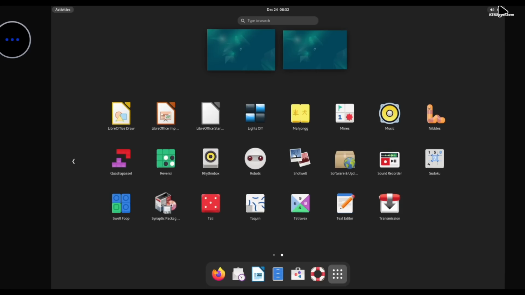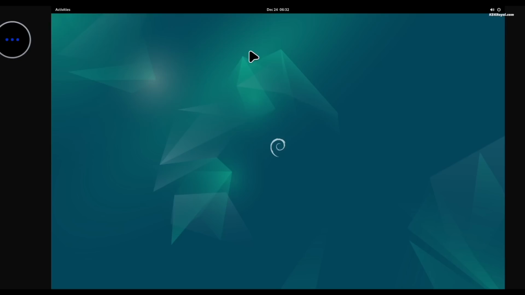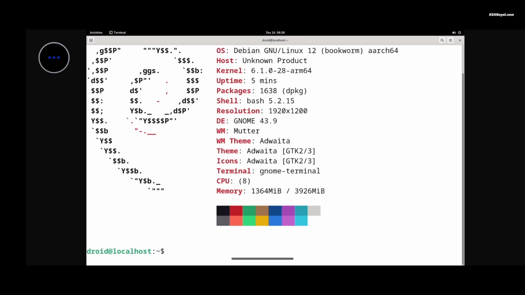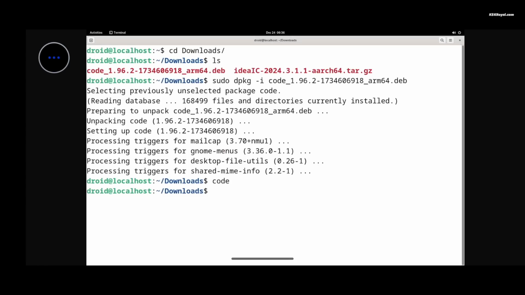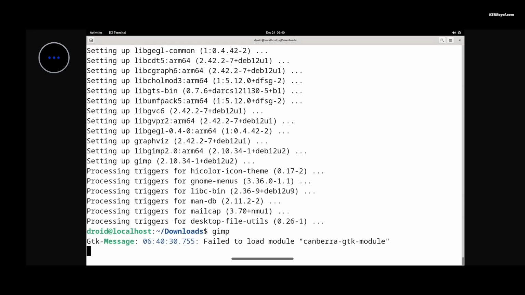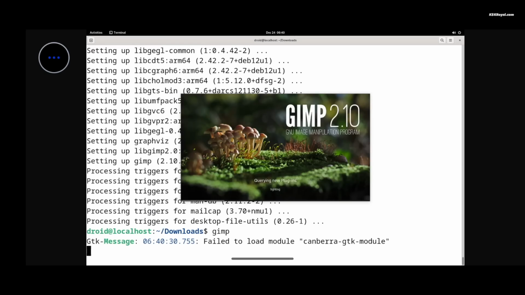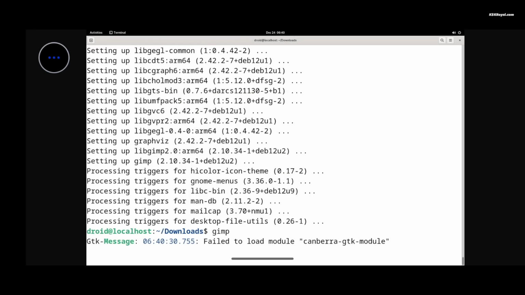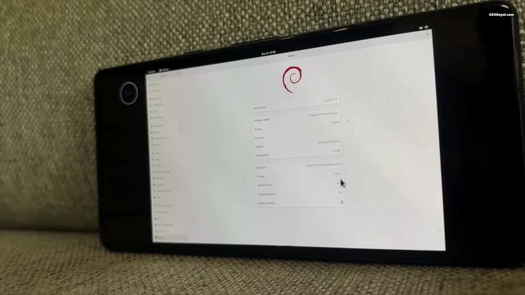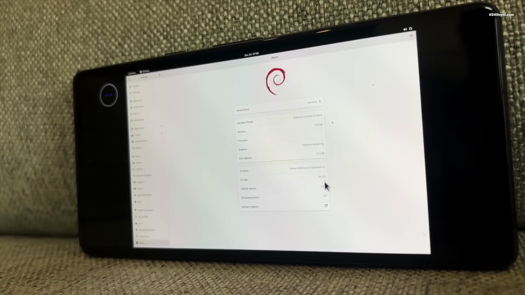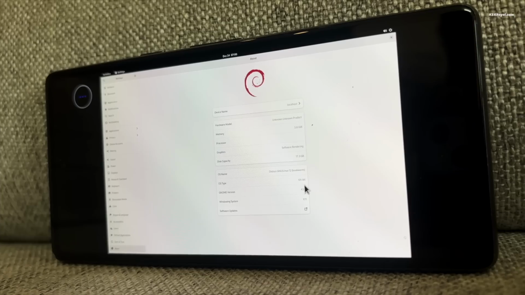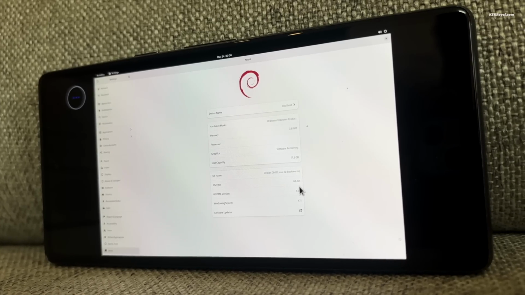For instance, I have installed GNOME on a Debian VM in Android 16 and the experience has been incredible. I was even able to run resource-intensive applications like VS Code and GIMP without major issues. Since Android 16 is still in developer preview, GPU acceleration is not fully implemented yet and currently relies on software rendering. Despite this limitation, the desktop environment runs smoothly with only minor lag.